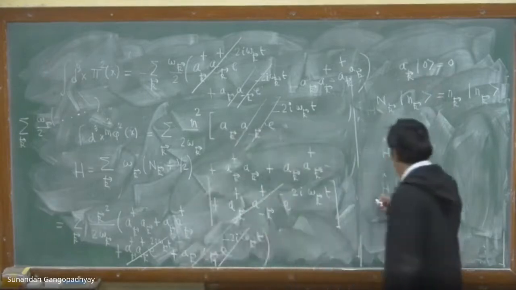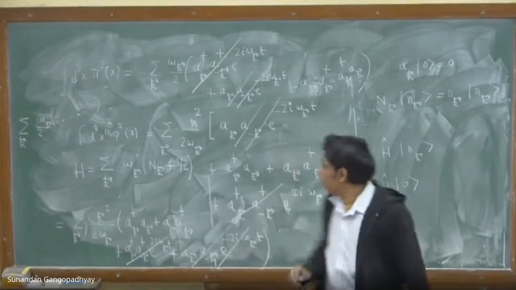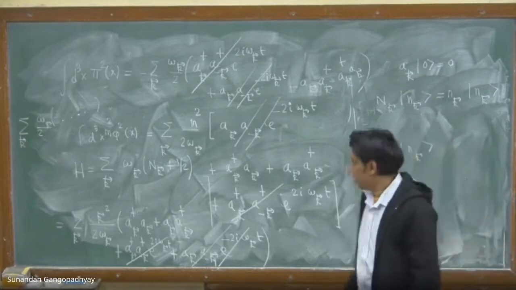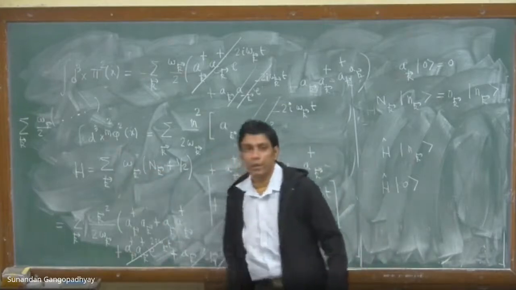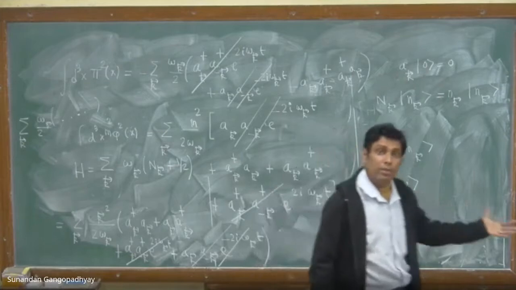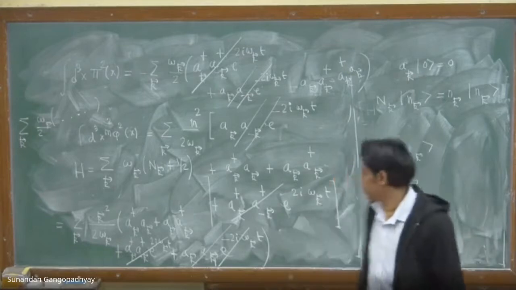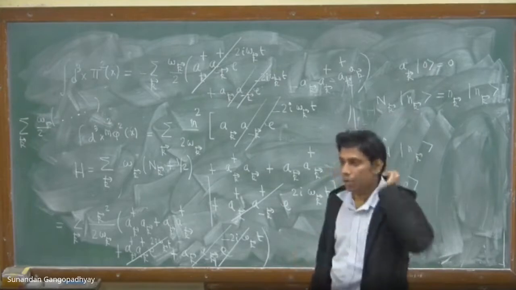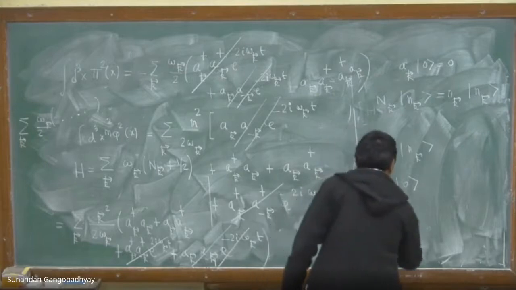So if you act with the Hamiltonian operator, this number operator is ak dagger ak. The first term, by this definition, ak will hit this vacuum and give 0. But you will also get a half summation over k, half omega k summation over k. So that energy will always be there, and that is an infinite amount of energy. That 0-point energy is always there. It is an infinite quantity. But the way to get rid of that infinite quantity, not physically, but just by a formal procedure, is something known as normal order.